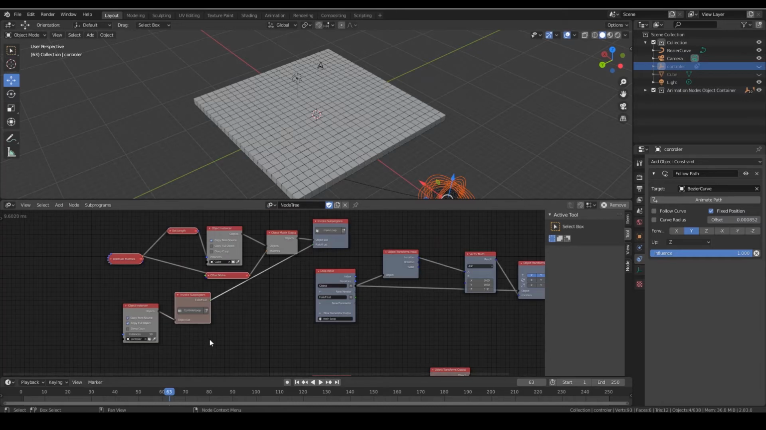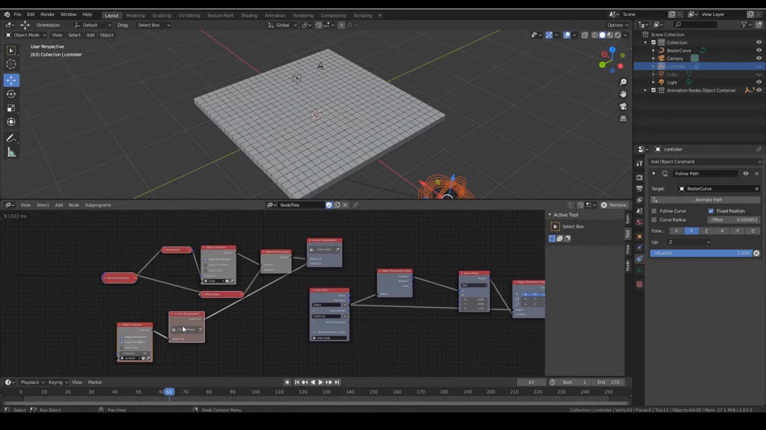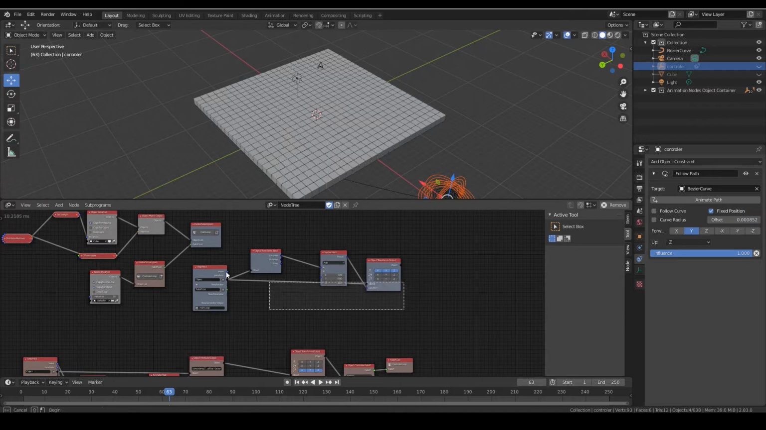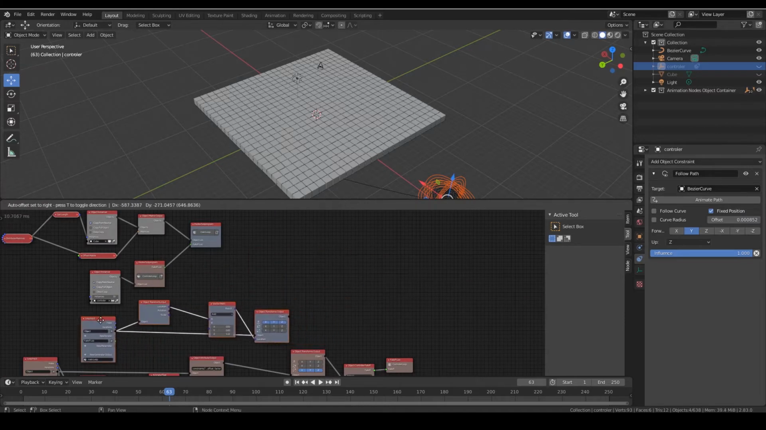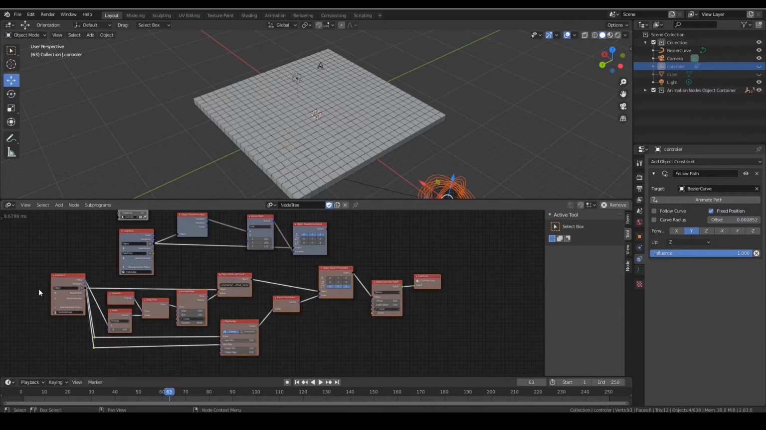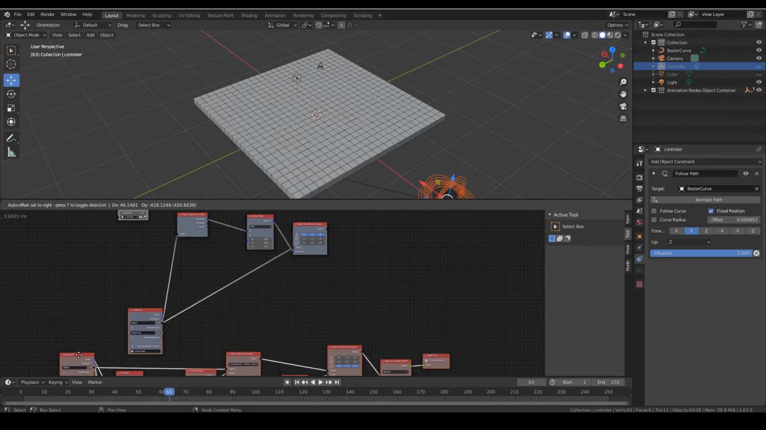Let me just start to arrange this in a way that makes sense. So I'm going to put this all the way up. Then I'm going to bring this whole loop down here. Let's make some more space for this one. So this is actually separate from